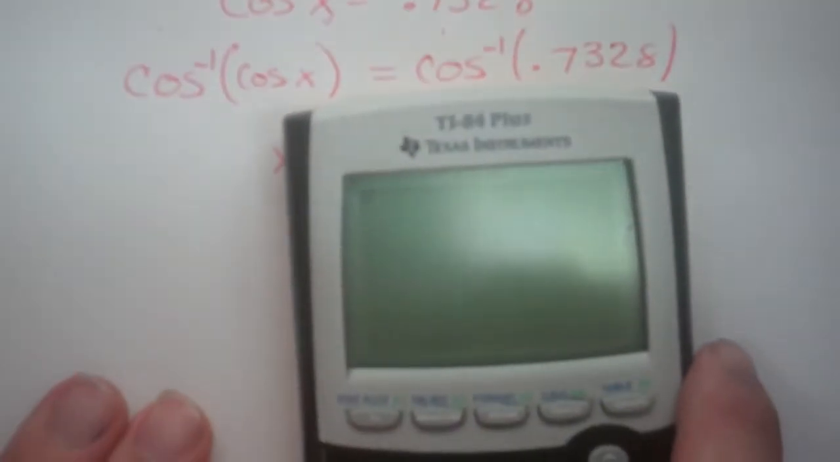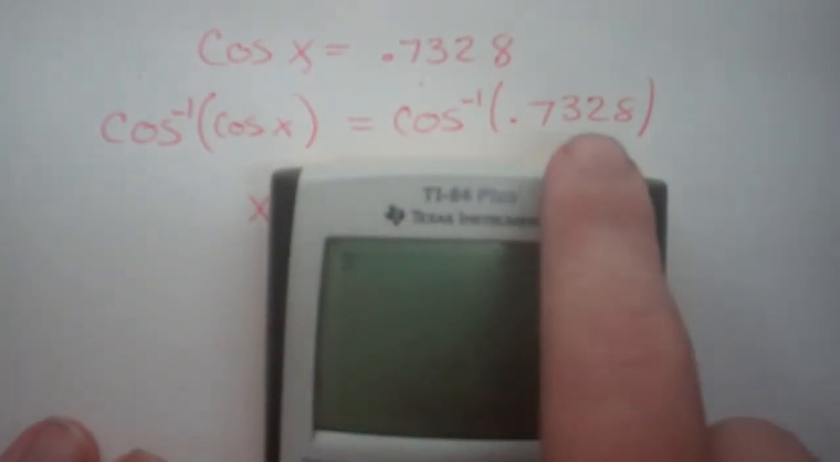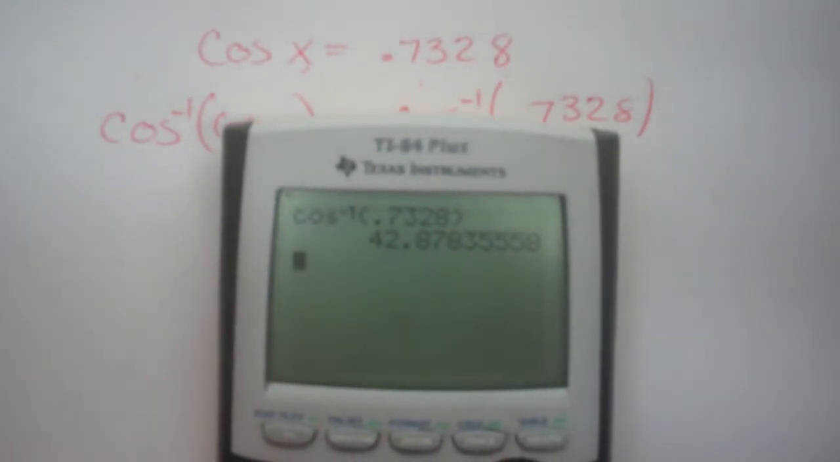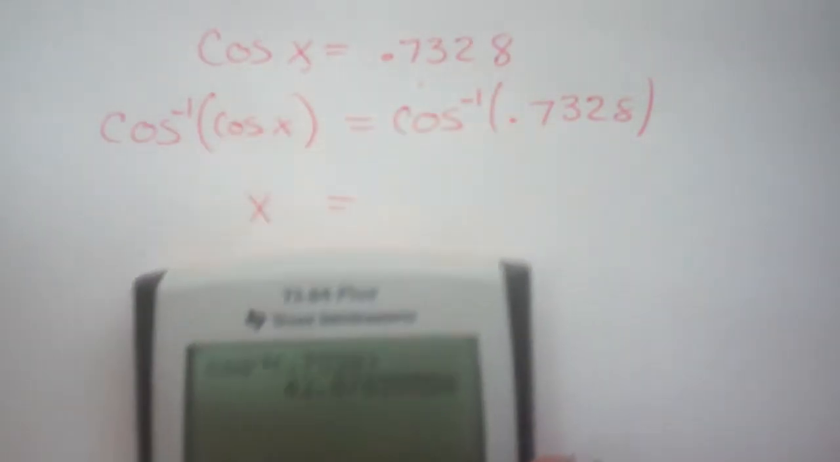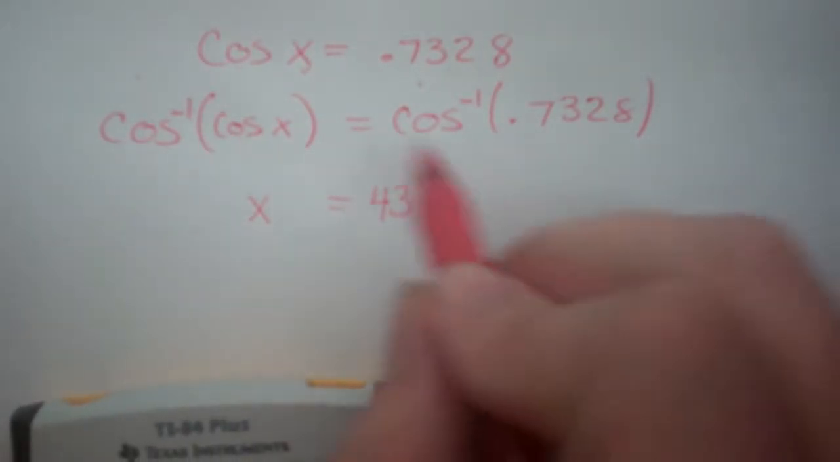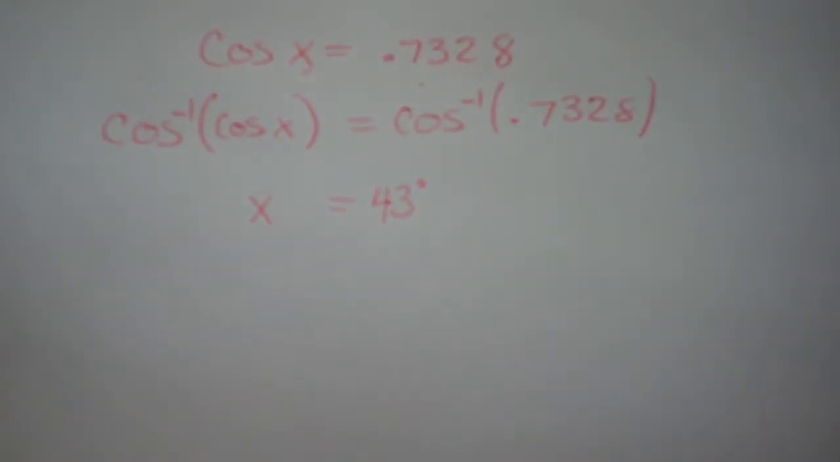And now I'm going to use the inverse cosine. The inverse cosine of 0.7328. So second cosine gives me my inverse cosine of 0.7328, and we find that gives us 42.87835558 rounded to the nearest whole degree. Since this is 42.8, I'm going to round it up to 43 whole degrees. So this is saying that x is equal to 43 degrees as one possibility, but that is not the only